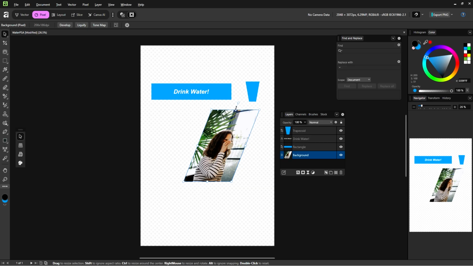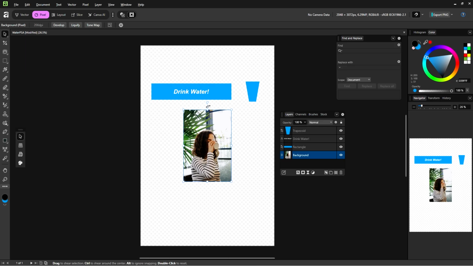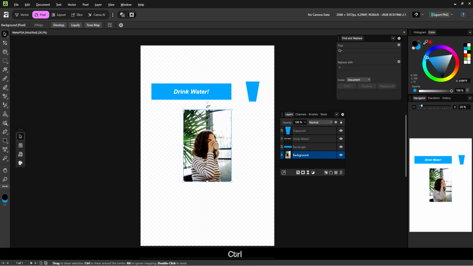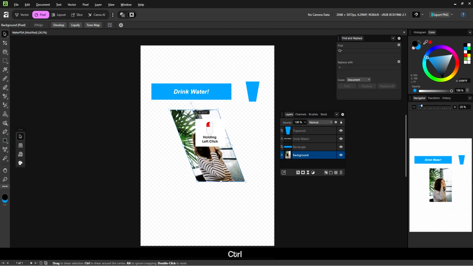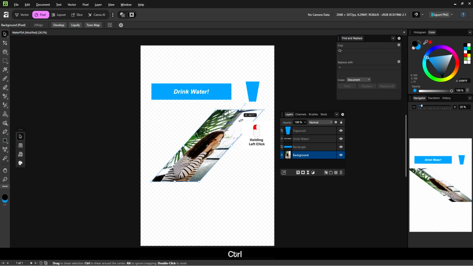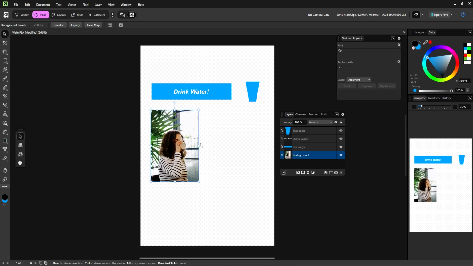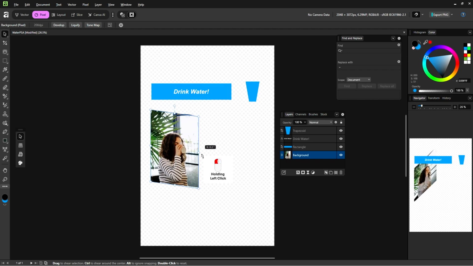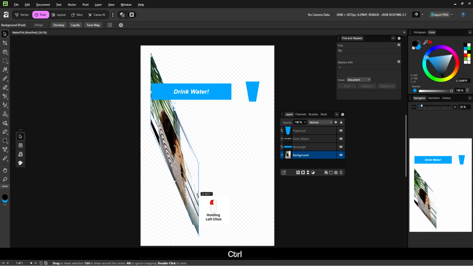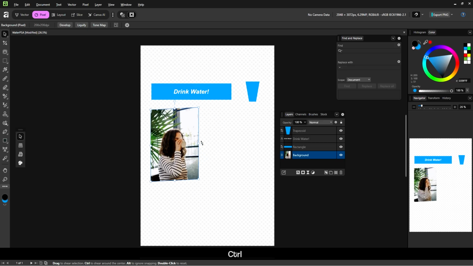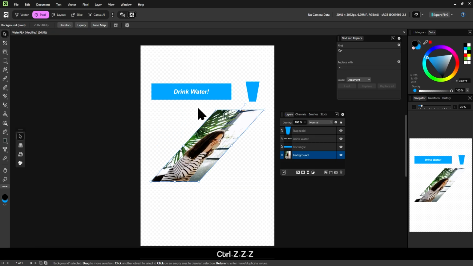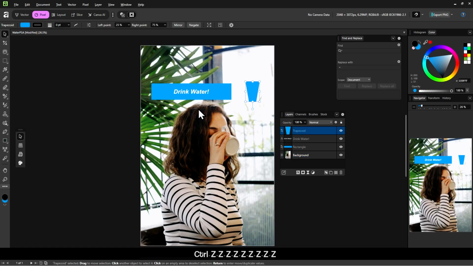And just like with rotation, you can double click on it to reset it to normal. If you hold Ctrl while doing it, you can skew it from the center, so it skews out evenly like that. You can also do this for the other two nodes to the left and right of your bounding box, and it will skew your image like that instead. Anyways, I'll spam undo until we get our image back to normal.